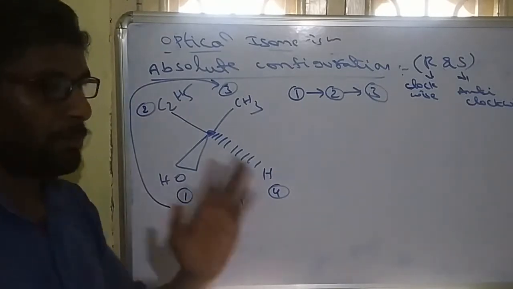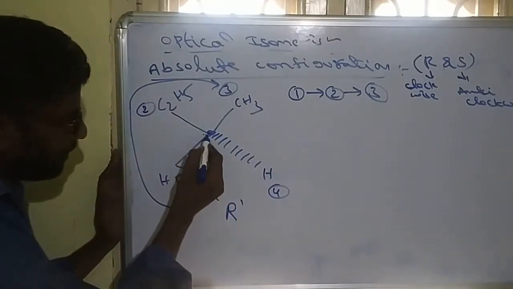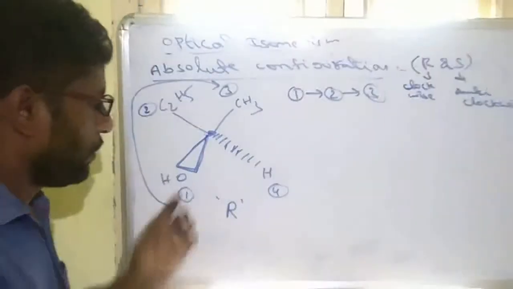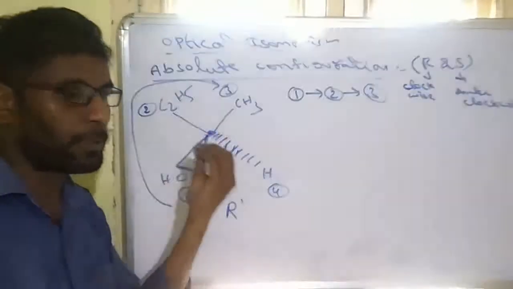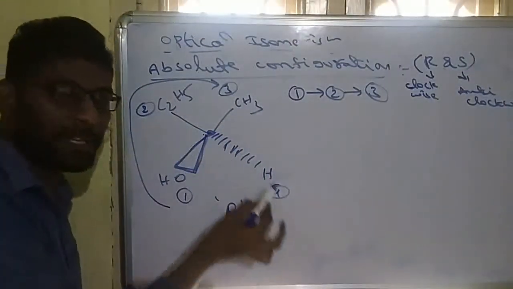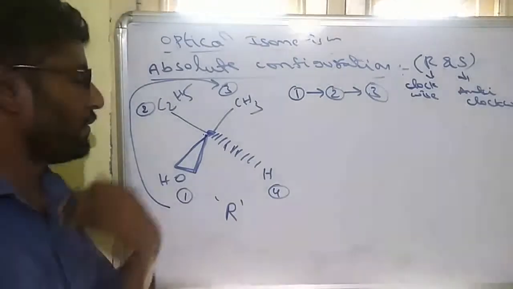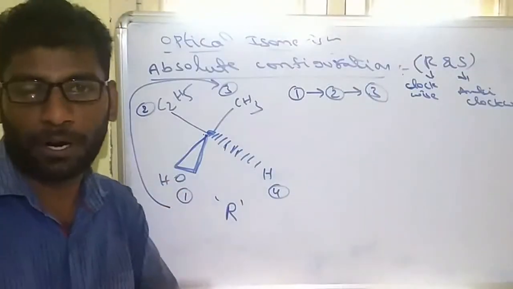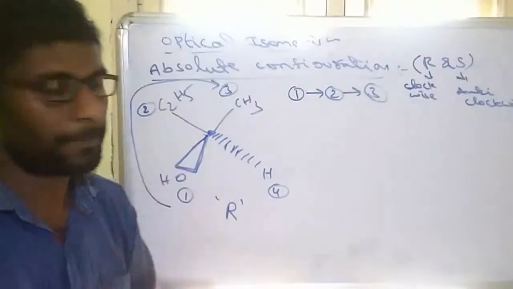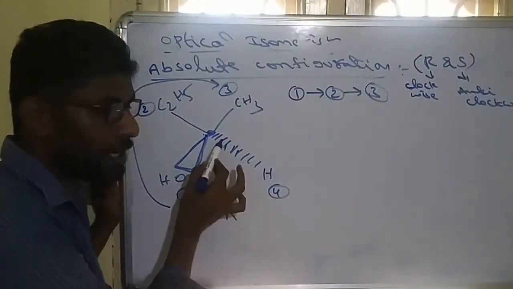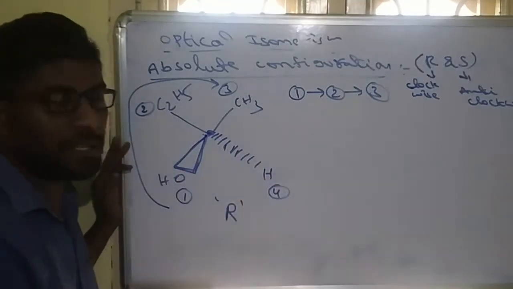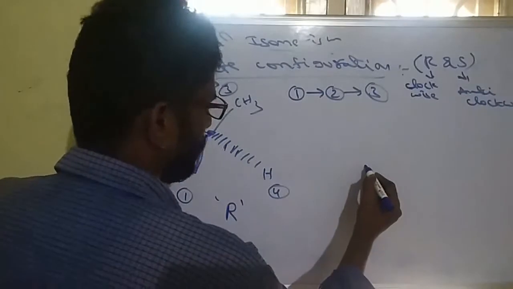Very simple. But remember, whenever molecules are given like this, this is called wedge and this is called dash. In the wedge dash method, the least priority must be with the dash bond. That is important. Only then are the rules applicable. If the least priority is not with the dash bond, then whatever answer you get, just reverse the answer. If the least priority is present on the dash bond, no change. If not, the answer is opposite. Simple. For example, see this molecule.